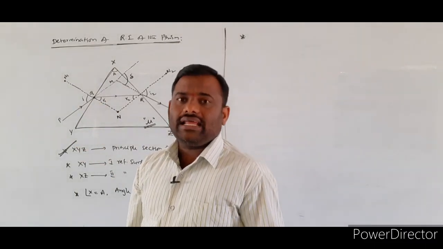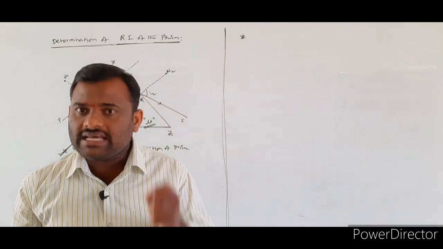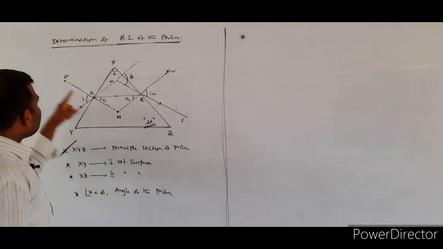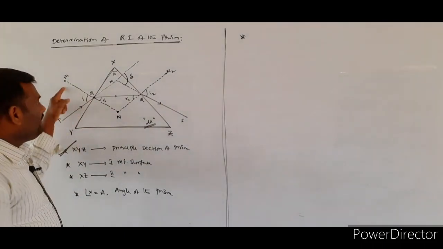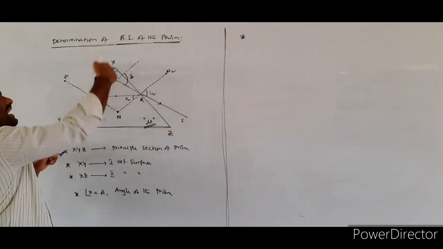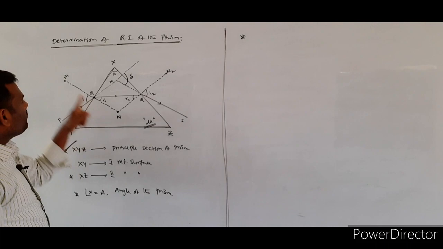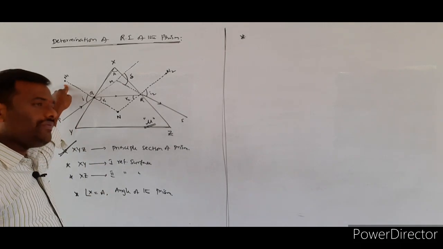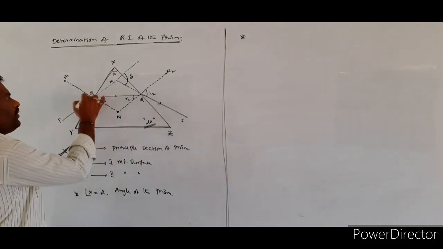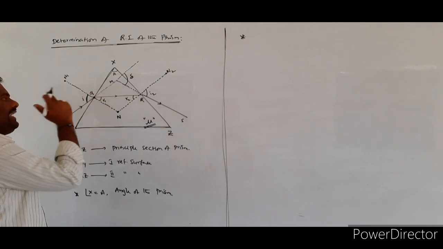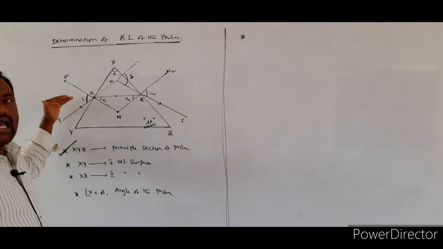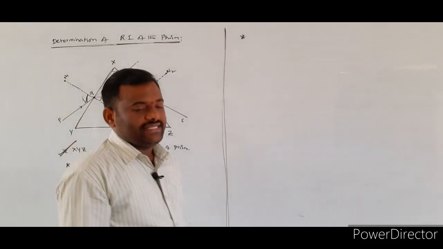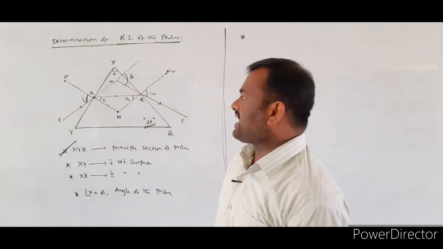Whenever a light ray is incident on a refracting surface, we draw the normal perpendicular to that surface. N1 indicates the normal drawn to the refracting surface XY. Whenever you have a normal and an incident light ray, you measure the angle of incidence from the normal to the incident light ray. In the given diagram, I take I1, which indicates the angle of incidence with respect to the first refracting surface.